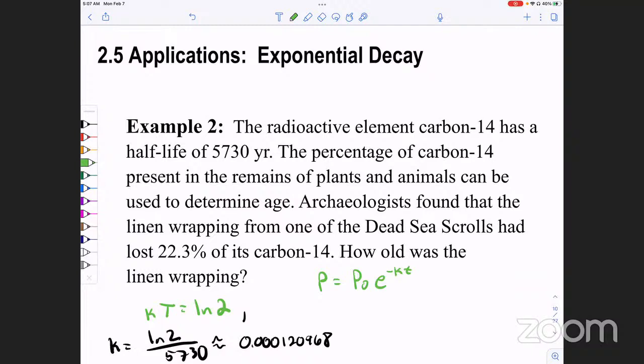22.3%, right? So it started with P naught. And then now the present amount, or the future amount, is 22.3% less, right? 100 minus 22 would put us at 78, so 77.7. Hey Siri, what's 100 minus 22.3? 100 minus 22.3 is 77.7. All right, so then that means the future amount is going to be